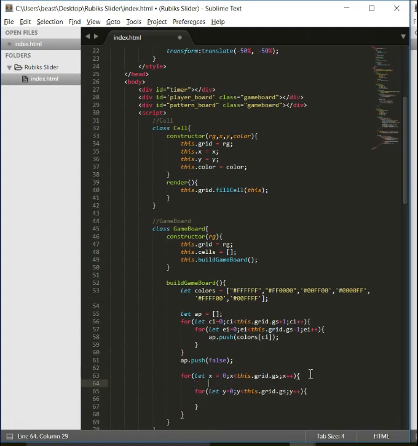We need to do the same thing with cells. This.cells at the index of x is going to equal a blank array, just like we did in the render grid. Now in here we can say let colorIndex be equal to Math.random times the allPieces.length, and then we'll floor that,